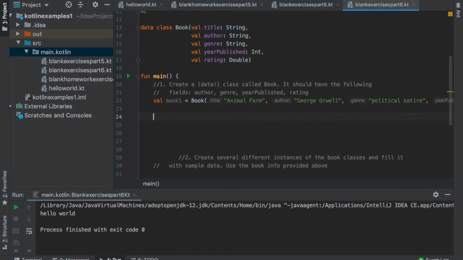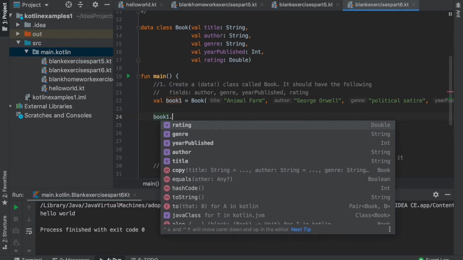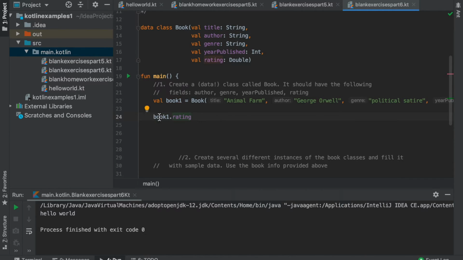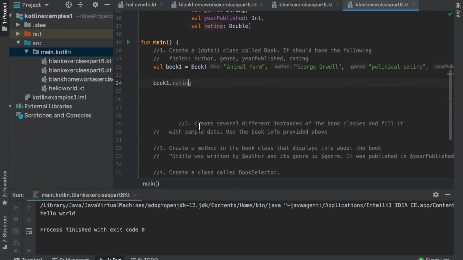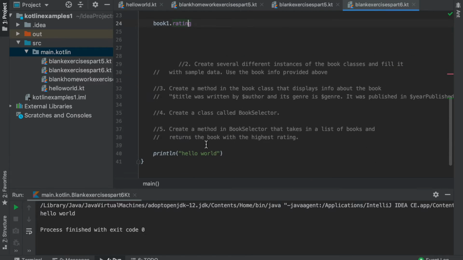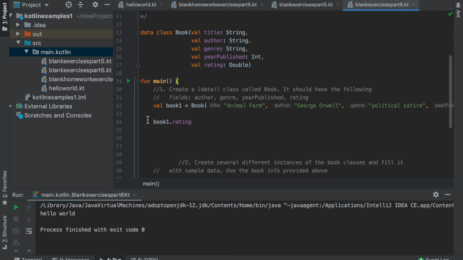I know that sounds kind of stupid, but let's actually see what we have here. So if we type in book 1, now, as you can see, we have all of these different fields, which we ourselves have actually created, which is super cool. So if we were to run this program right now, you're actually not really going to see anything. Just this hello world down here, which we should get rid of. But if I print it out,